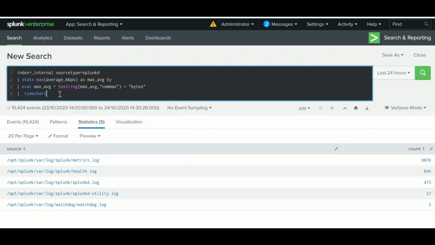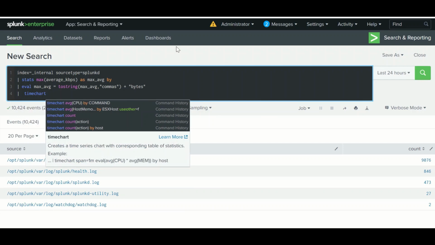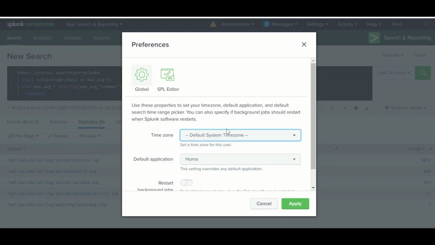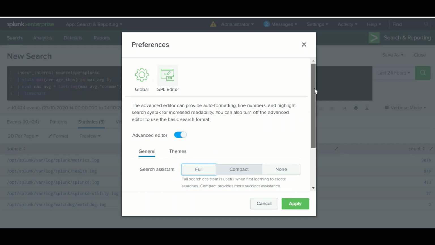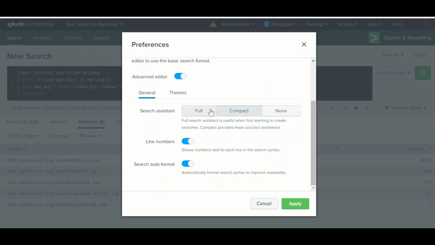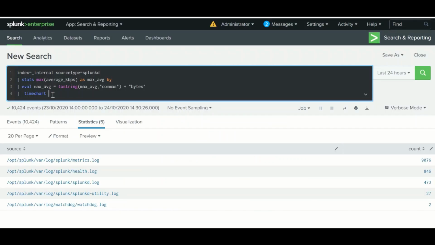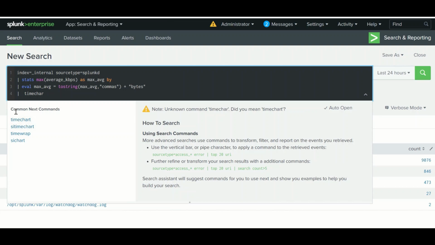By default, the compact mode is enabled. You can keep it none or full. It will show more detail, like you can see more details with the examples.